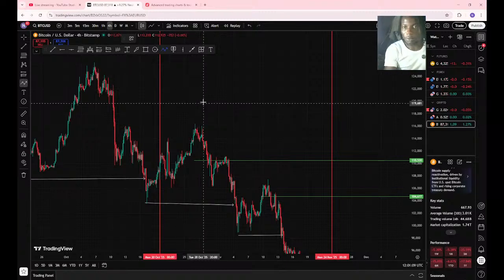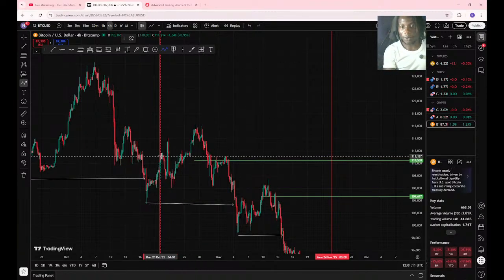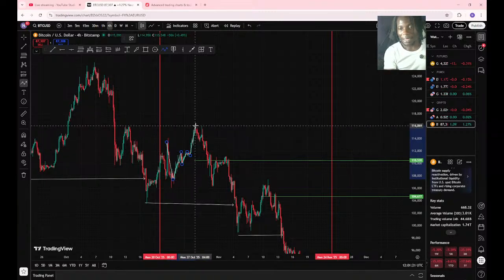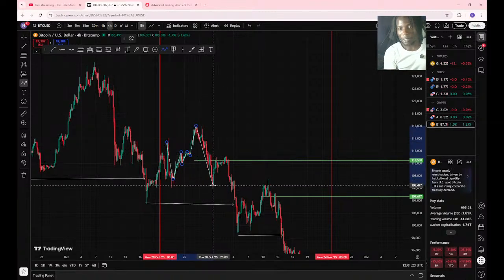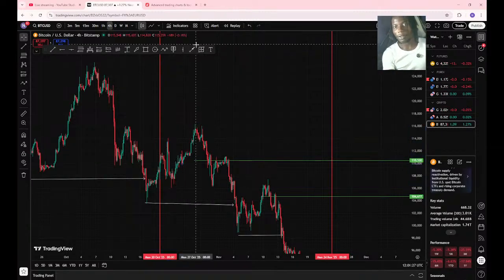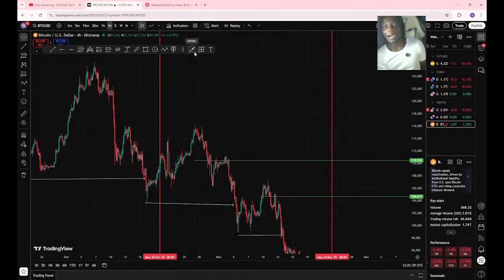Now let's look for our structure point again. Now we got our swing high, price moves here, makes a tiny swing low, moves here again, makes a tiny swing low, then breaks this high. Alright, then we bust down. Okay, remember structure movement. If you have not seen the video I talked about structure or BOS, how structure moves, go and watch that video, guys. I talked a lot on that video about how structure moves.